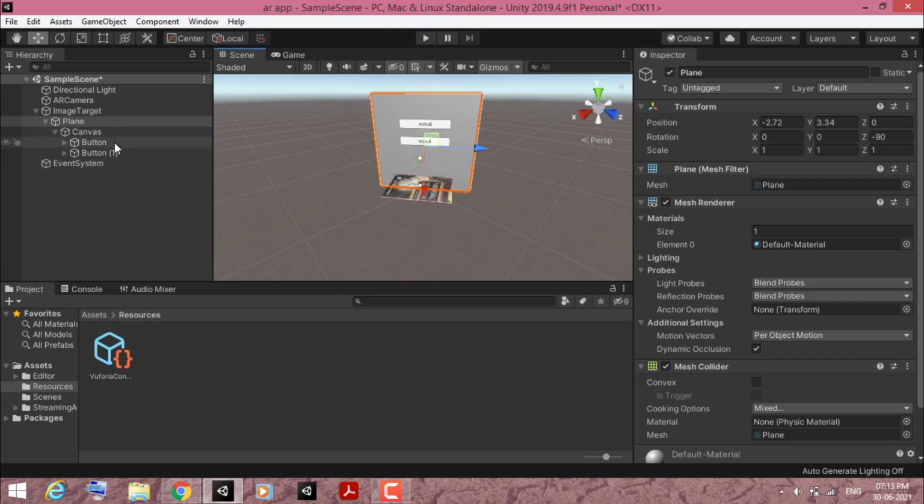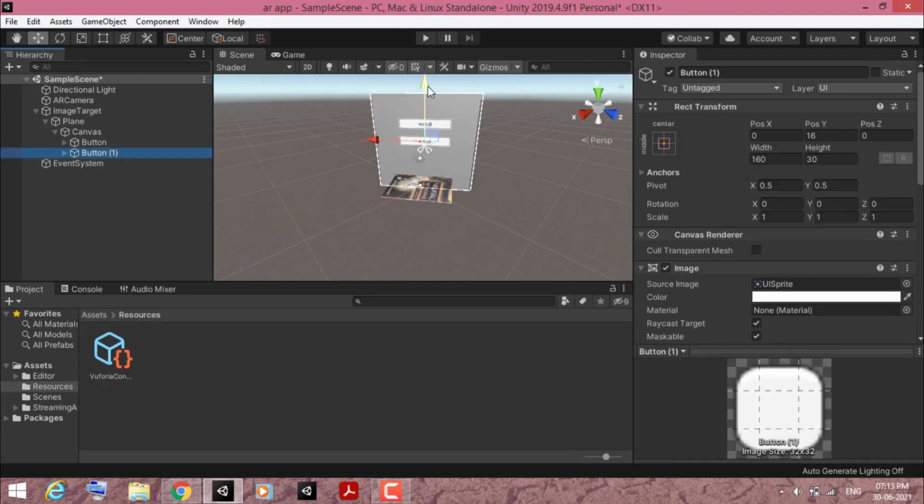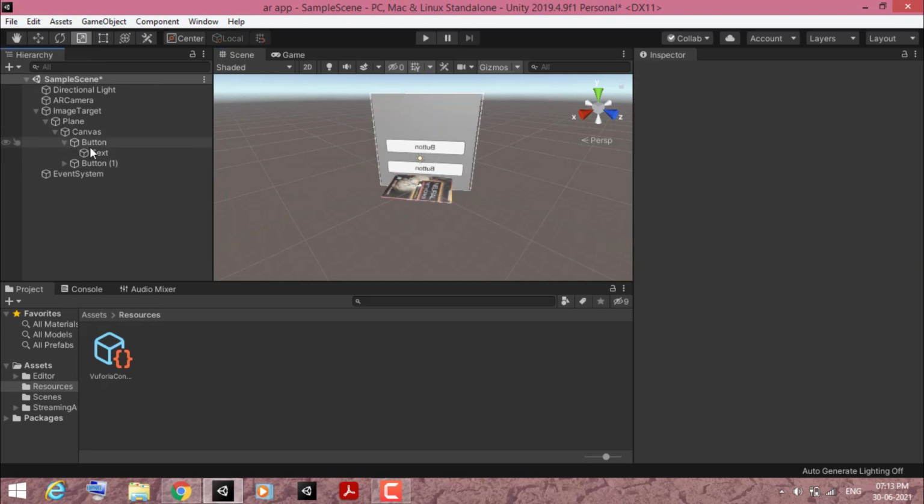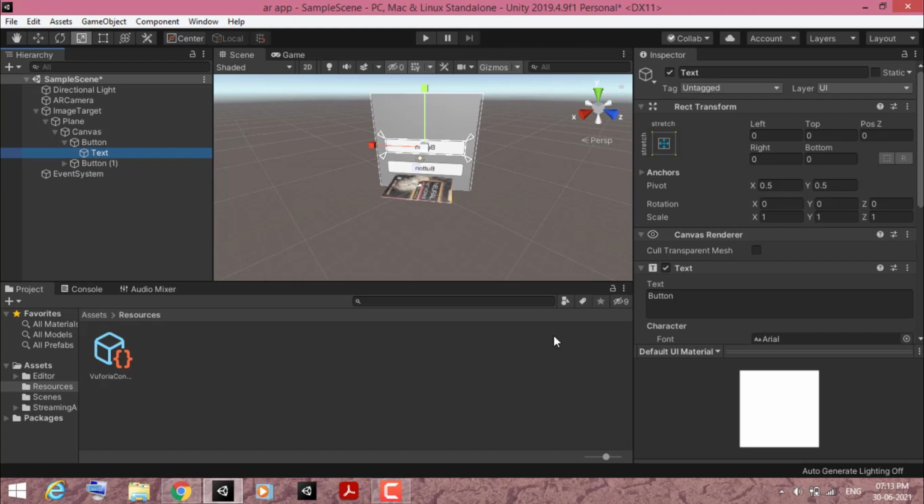And again I just select the button and adjust it down and increase the size of this button a little bit more. Now you see, if I drop down here, it's written Text. Just click on Text and go inside the inspector panel. You see it's written here Button. So I just change this Button to Light On, and I'm going to do the same with the second button.